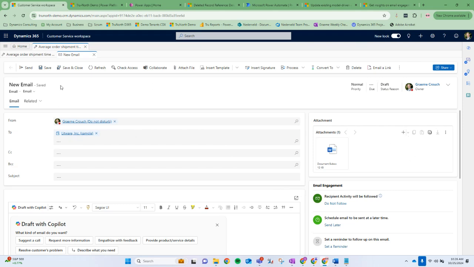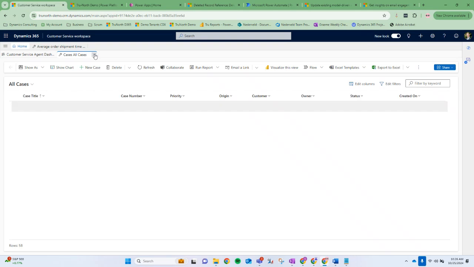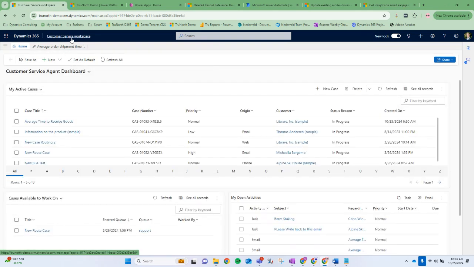Okay. So one other thing that I want to show you before we navigate too far away from the sales and the customer service experience here is some of what's called the Power Apps grid control. And just because it's named Power Apps does not mean that it's not available in some of our other applications. It just means that it's a core component, right? These are all Power Apps, right? Now they're Microsoft's first party Power Apps, but nonetheless, when you hear